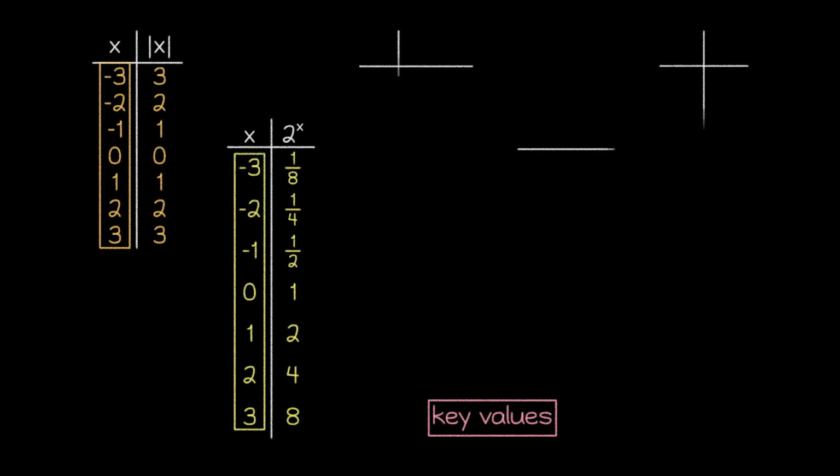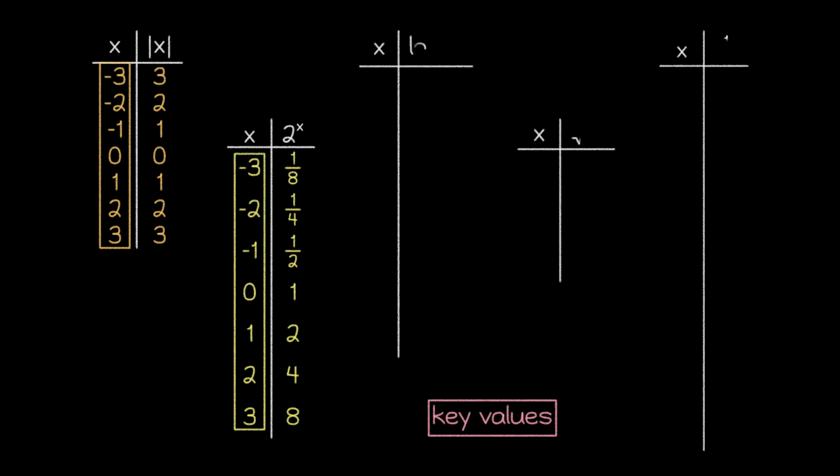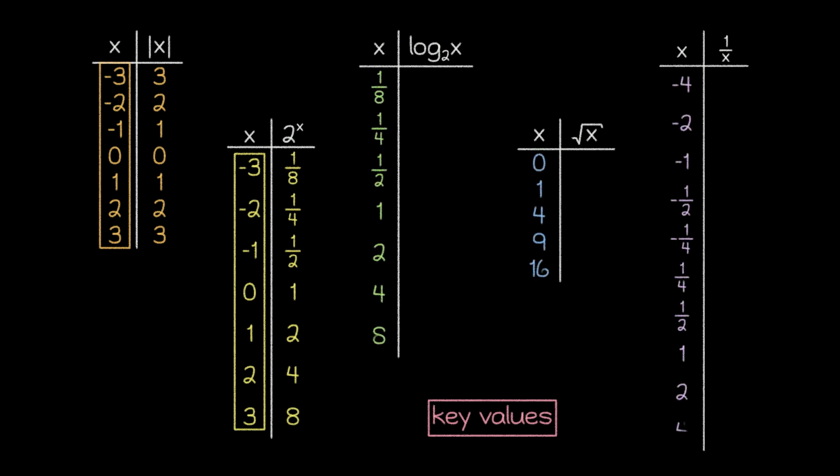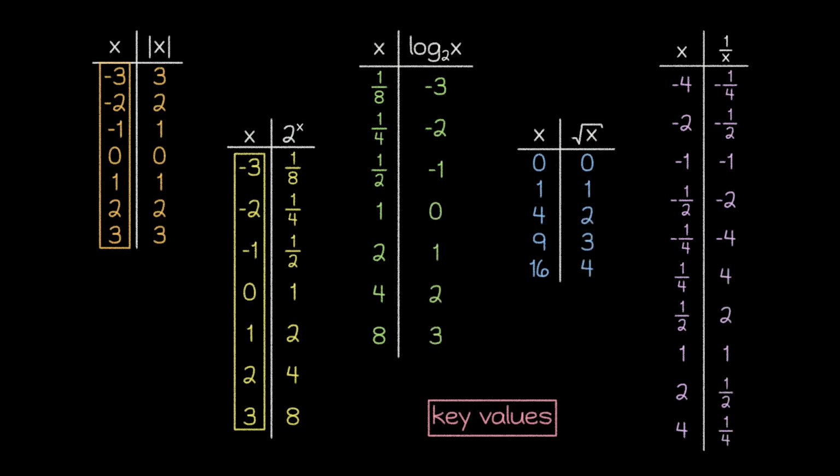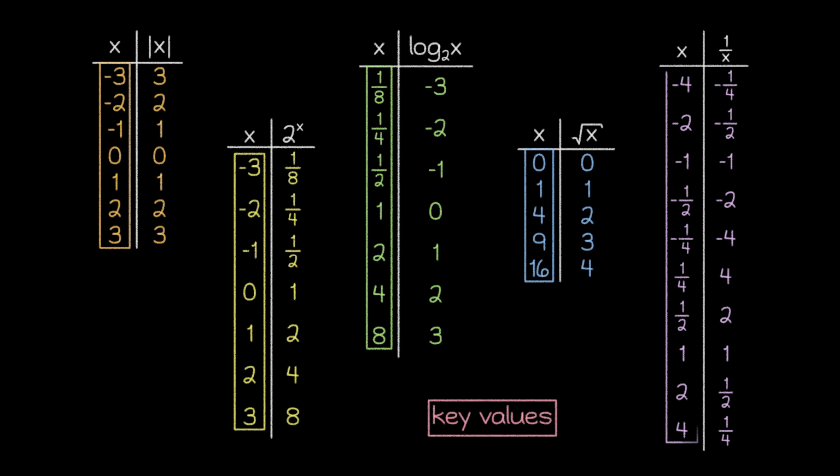However, we will eventually encounter functions where these 7 key values don't give us a good picture of the function. So in these instances, we might adjust the 7 key values to be different numbers, or we might only have 5 key values, or we could end up with more than 7 key values if necessary. Either way, the key values for any particular type of function will generally stay consistent.